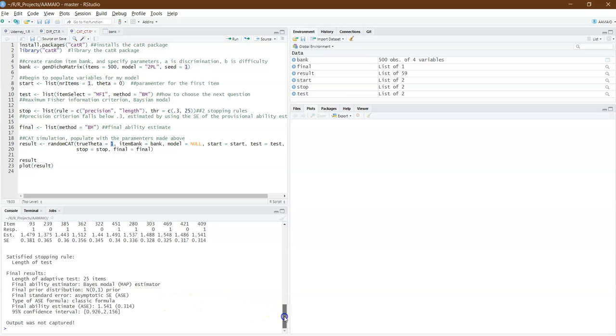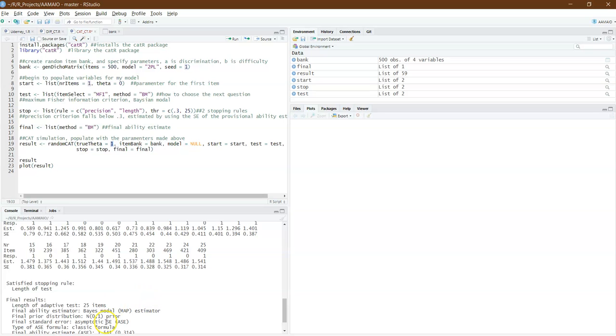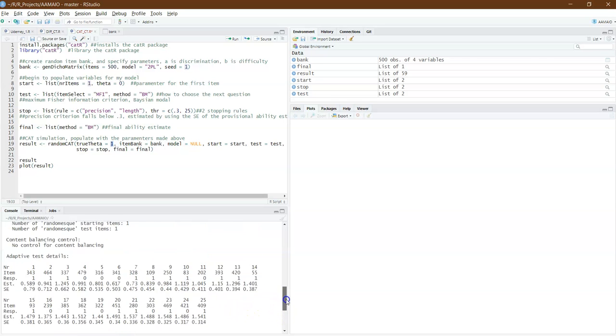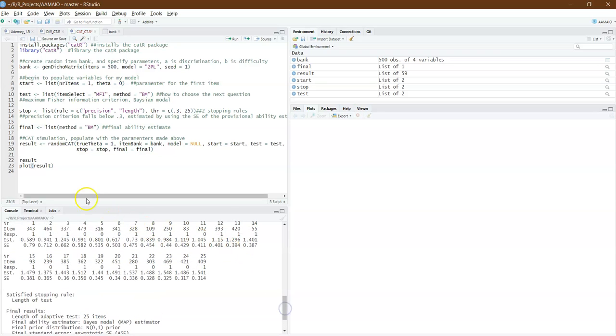So if this was my applied example, if somebody took this test and this was the result that I got, then I might pass them on to the next phase of selection because they did really well. They scored higher than the cognitive ability that I indicated. And if I wanted to talk about the results and what a person may go through while taking this test in a simulated CAT situation, and maybe explain it to my team or my supervisors,